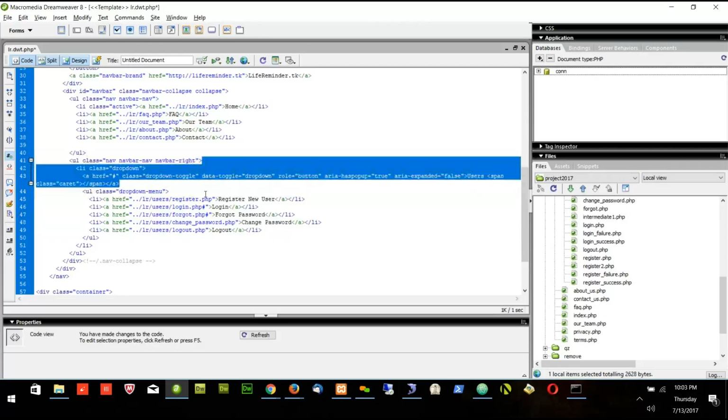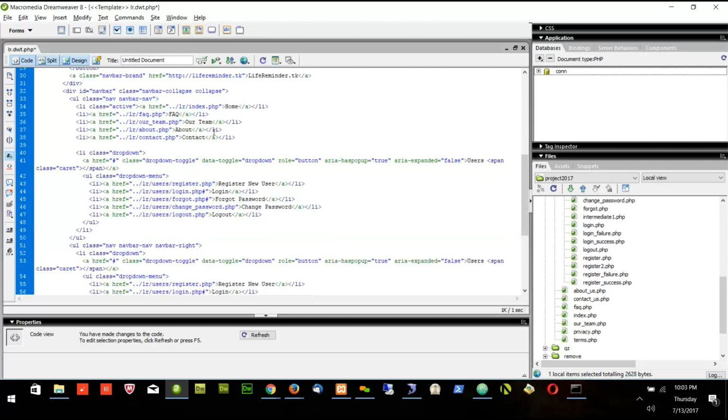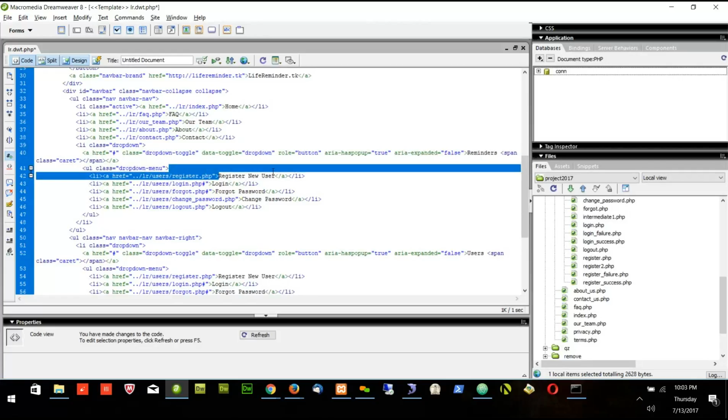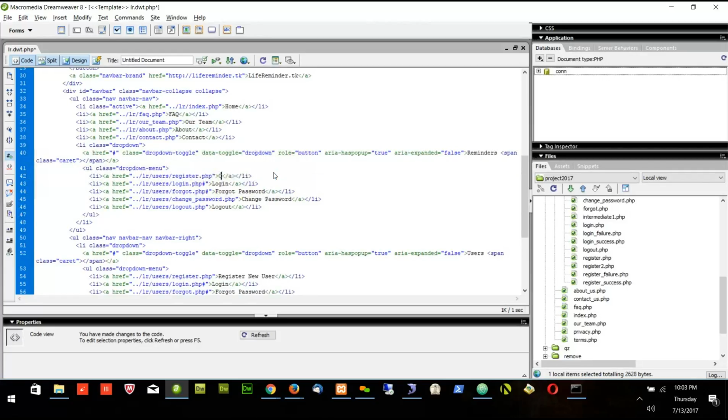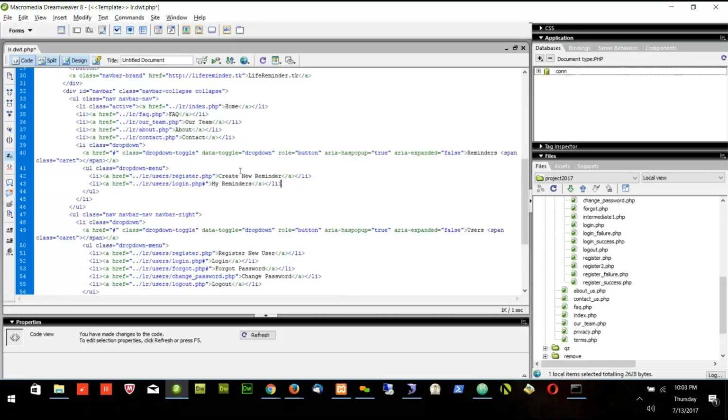We also need the reminder links. So I will copy this link again here, and I will be creating some reminder links. I will say reminders. So in the reminders, first link will be create new reminder, and second link will be my reminders. There will be two links only, and this will go to,